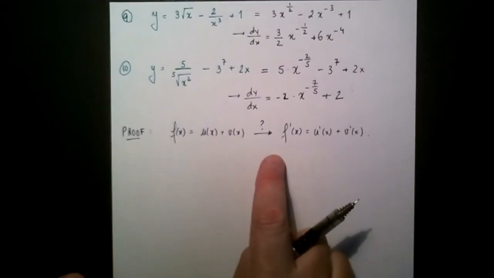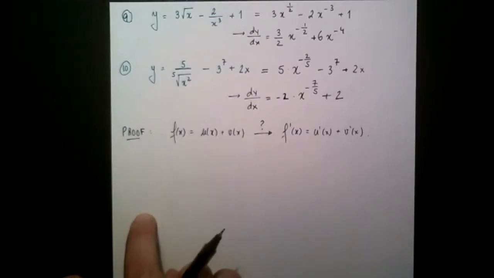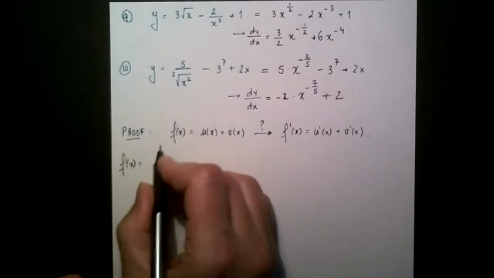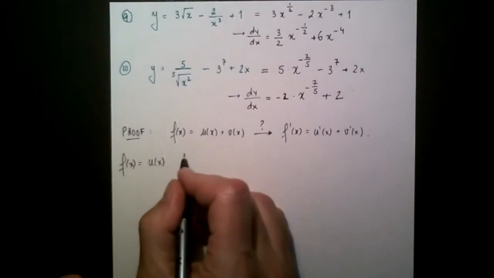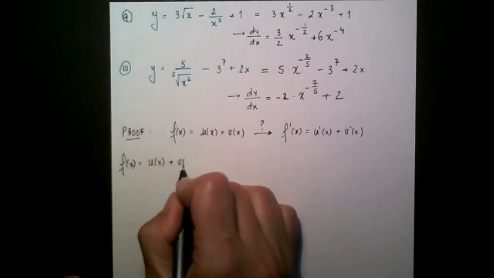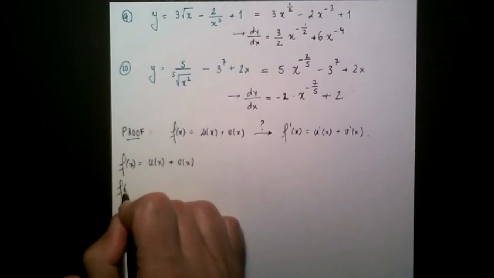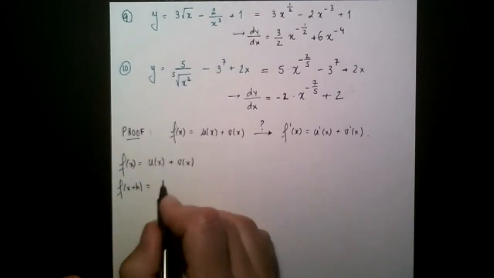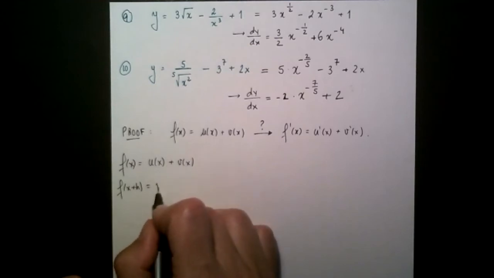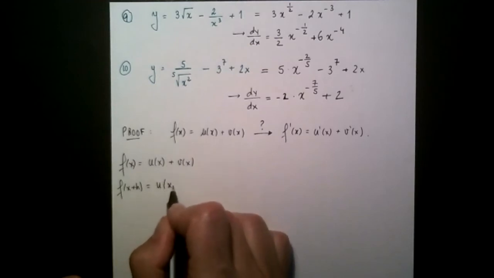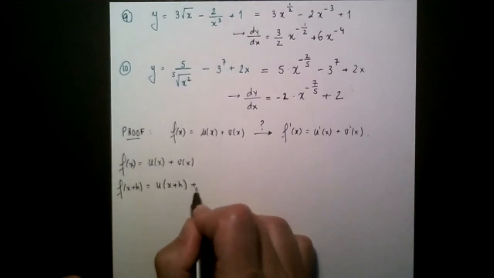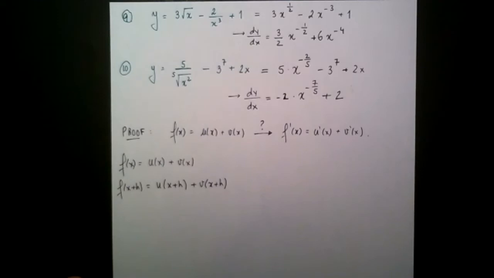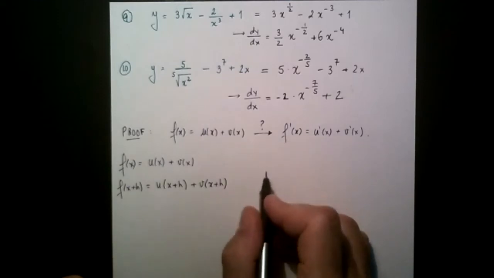Okay, so every time we want to prove something, we go back to the definition. So again, f(x) is equal to u(x) plus v(x). Then f(x+h) is what? It is u(x+h) plus v(x+h). Okay, and so therefore,